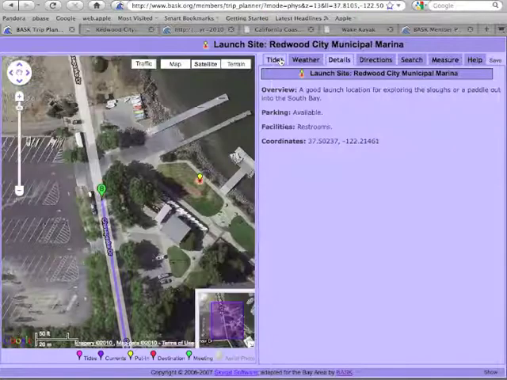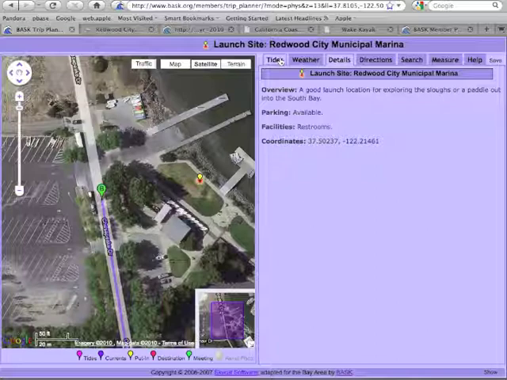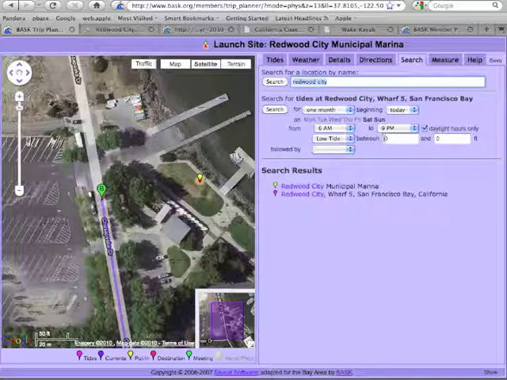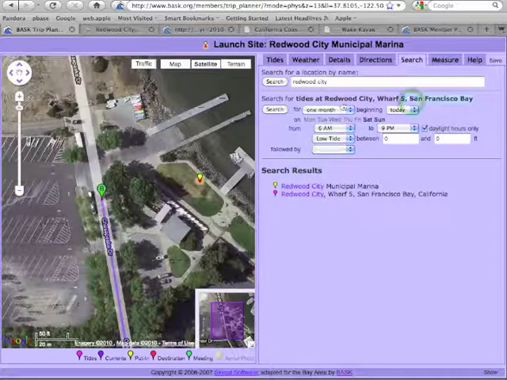Let's say that we did the paddle, we enjoyed it, we want to initiate our own paddle to this area sometime in the future. Let's see if we can find the suitable tide condition, because that's really what I'm worried about here. We've got to have enough water to float our boats. So we'll go back to the search tab, and okay, so now we're searching for tides at Redwood City, and